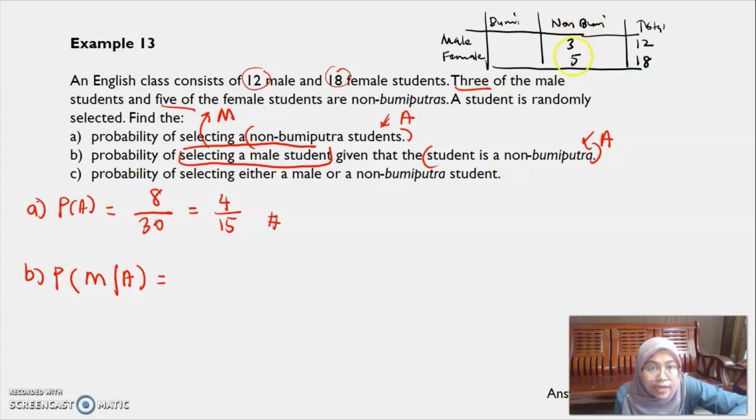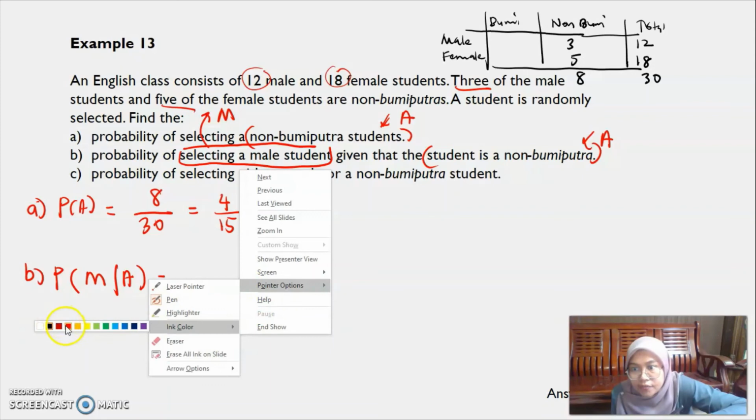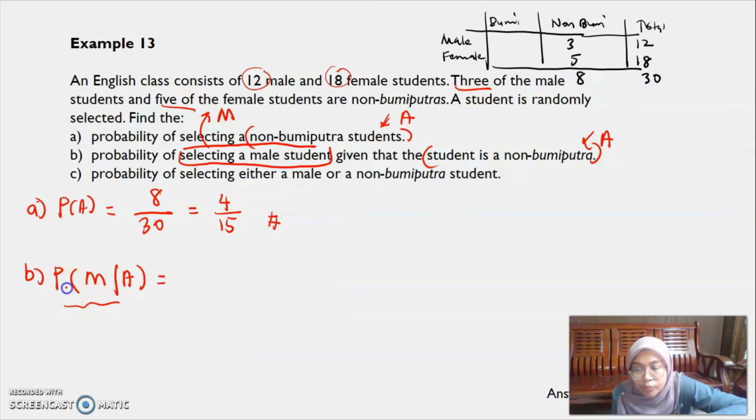Actually, we can find the total of non-Bumi students here. 5 plus 3 is 8. The total number of students is 30. This is the information given in the question. We tabulate the information into a cross tabulation. Now I can figure out this value, the probability of male given that